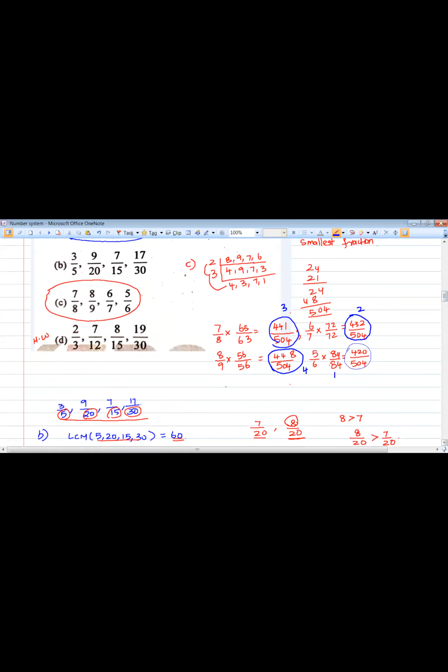So if you want to arrange it in order, this is very simple. First see this number 5 by 6. 5 by 6 is less than 6 by 7, which is less than 7 by 8, which is less than 8 by 9. So Sanjay, your answer is correct. You have done it very correctly. Very good. So this is the right answer for this question. Hope everyone understood this clearly.